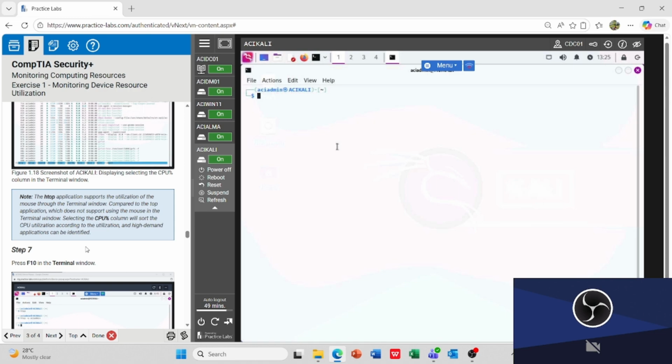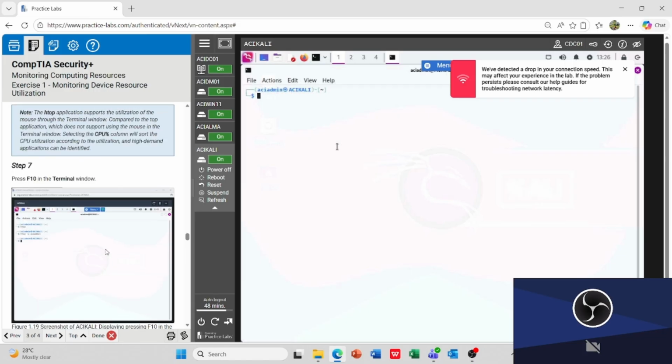Take note, the htop application supports the use of the mouse through the terminal window, compared to the top application, which does not support using the mouse in the terminal window. Selecting the CPU percent column will sort the CPU utilization, and high-demand applications can be identified.